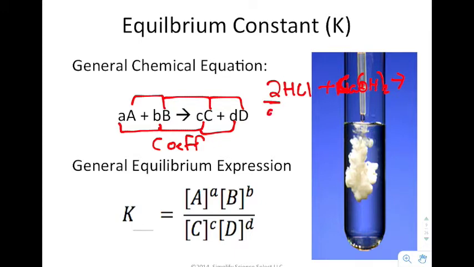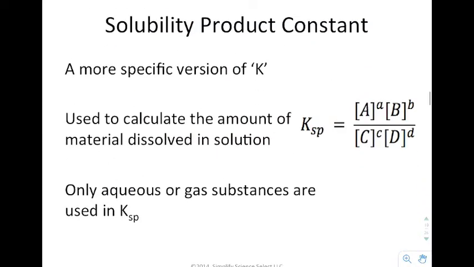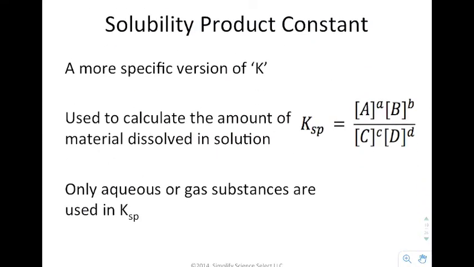This represents the lowercase a. This is the capital A. This is the lowercase b. This is the capital B. So these right here represent a general equilibrium expression where you have this equilibrium constant K, and it equals [C]^c [D]^d over [A]^a [B]^b. So, the solubility product constant is a more specific version of K